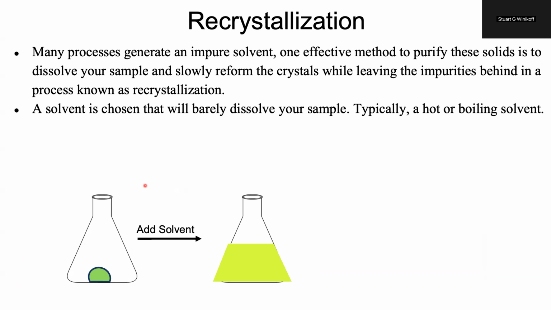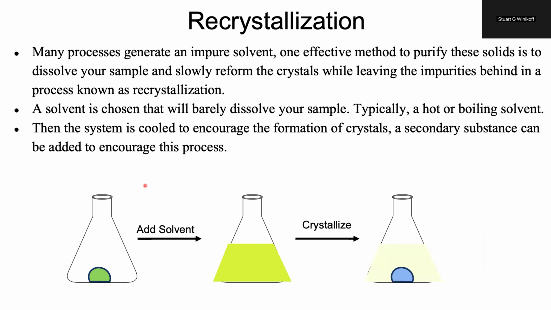One of the reasons why this is important is that the second step is going to cool the system down and try to encourage the formation of crystals. Often we're going to add a secondary substance to help drive this process. It could be something like simply adding a seed crystal, or essentially a little bit of the pure solid, which acts as a nucleation site for our new crystals to form. Sometimes we're going to add a second solvent, which will make this solution a worse place for our crystals to be. And as we do this, what should end up happening is that if I form these crystals relatively slowly,